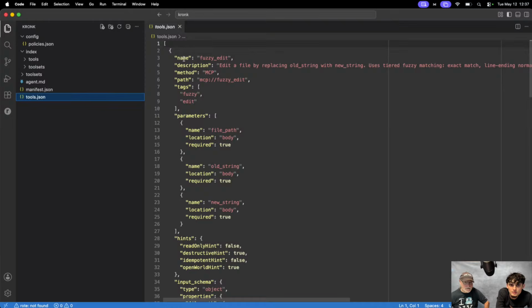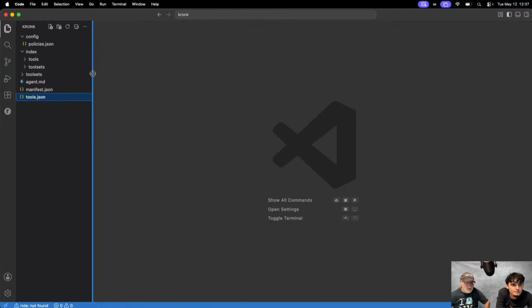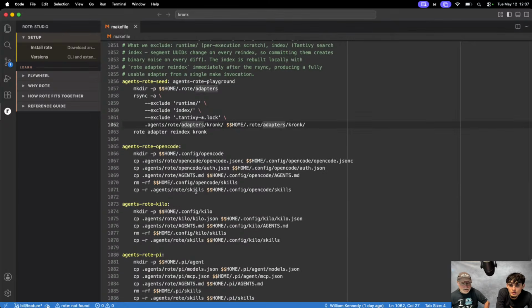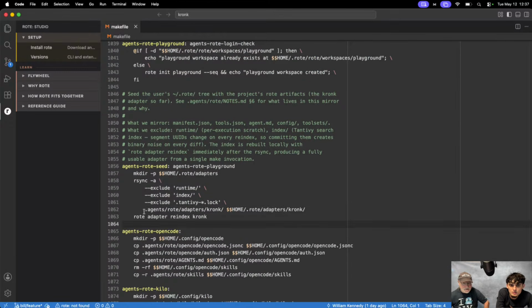So here's all the information about the MCP service laid out as an adapter, all right? And so you saw that I didn't do much other than essentially it was creating adapters. We made some runtime syncs, and then a re-index. So some things that are going on here, what we exclude. Some of the stuff is beyond my pay grade a little bit here, but we saw what it sort of built.